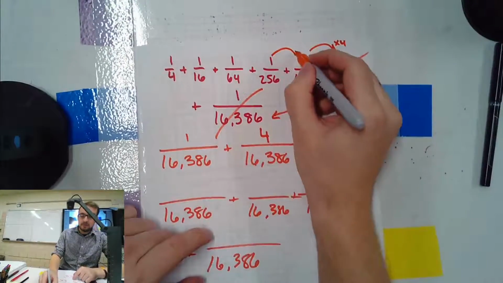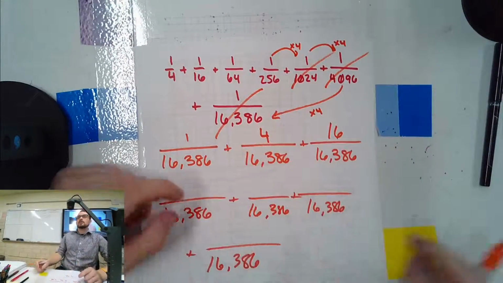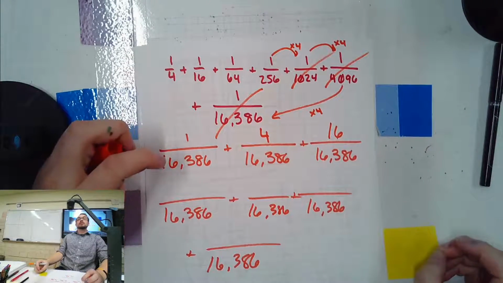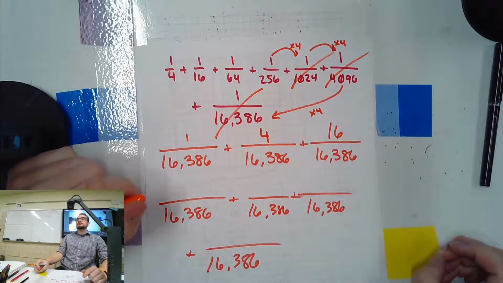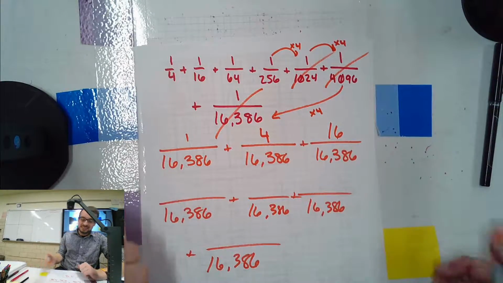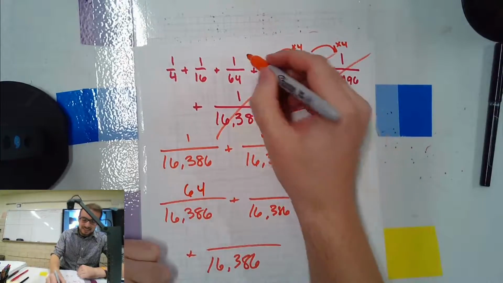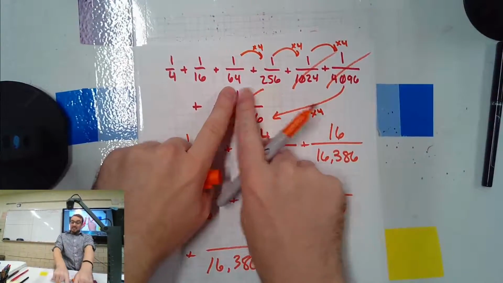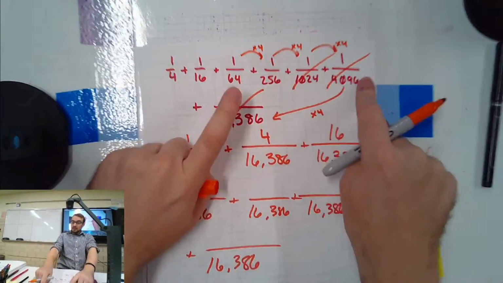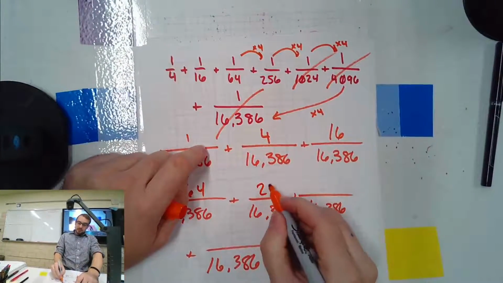How do we get from here to here? Now we multiplied by 4 3 times. What's 4 cubed? It's 4 times 4 times 4. 64. Because 64 is 3 of them. Times 4 again is 256. You see the pattern?